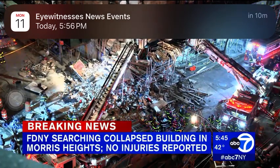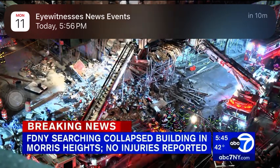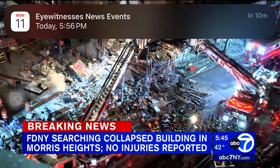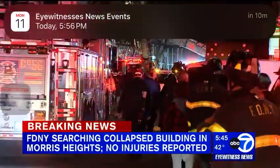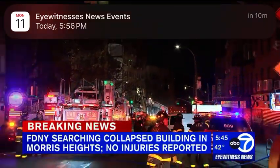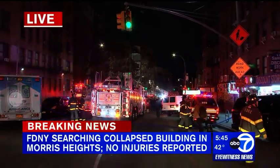Yeah, and Bill, you look inside what's left of that building, and what you can see is you see people heading over to the scene right now. Those are people from the mayor's office heading over to that scene right now. One of the things that you see when you look in that building is that those are living spaces. People live in those buildings, right? Until 3:30 this afternoon, those were homes, active living areas, and now they're just gone. And that's how quickly it can